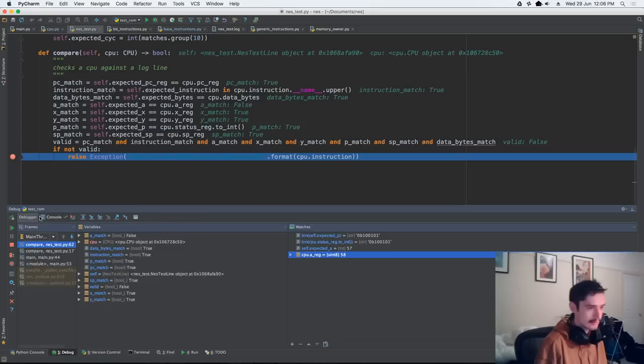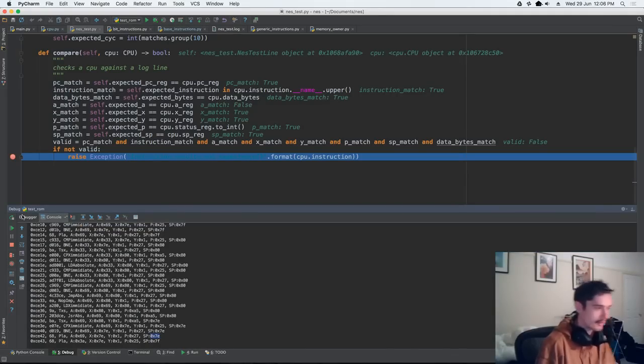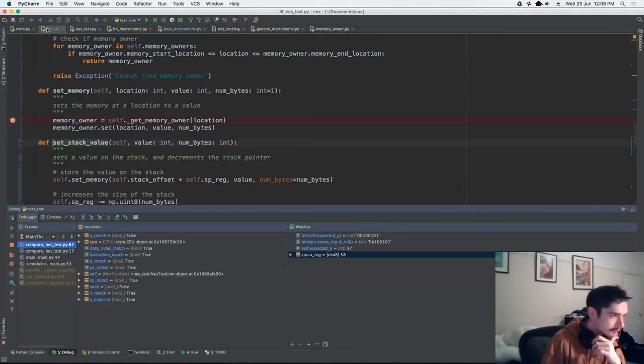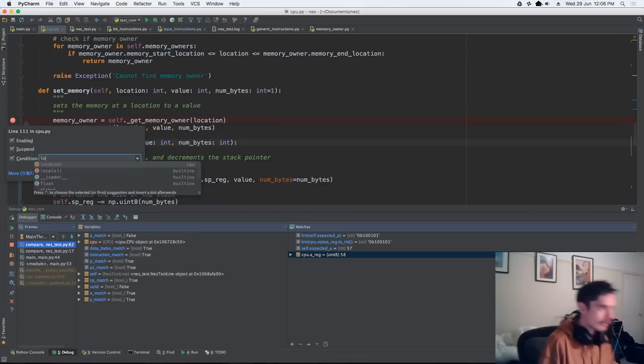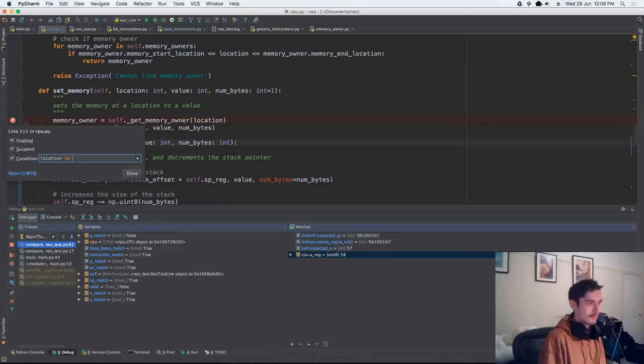One, two, six. No, that's where it's... Alright, so let's do this. So if location in 0x100 plus 126